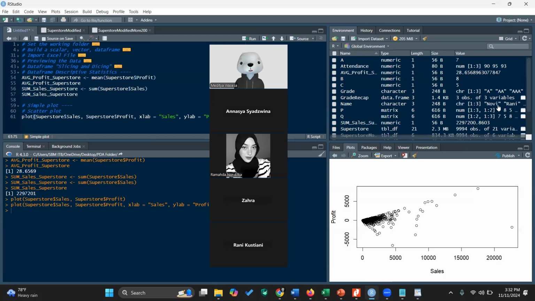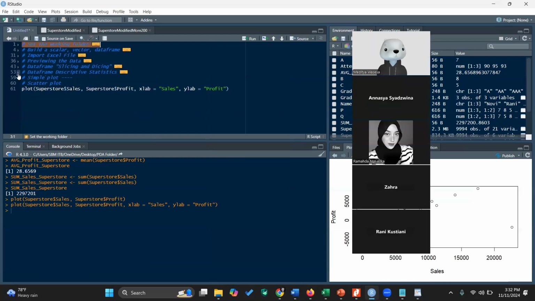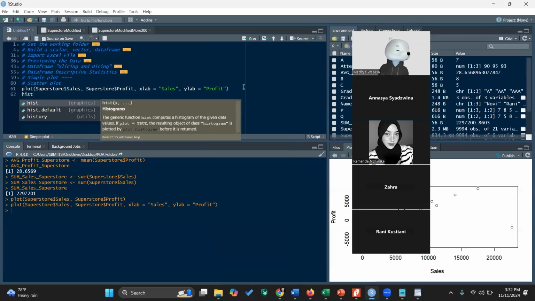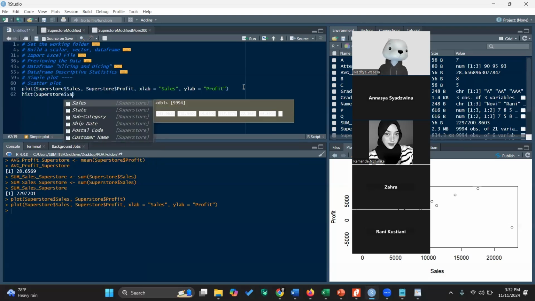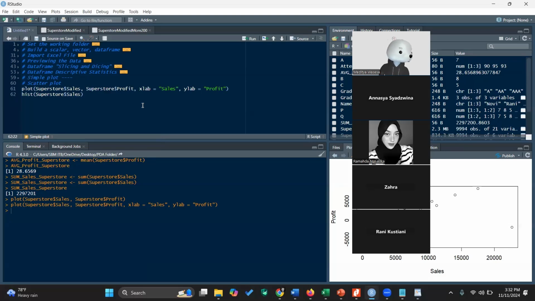For example, I want to make a histogram of superstore sales. xlab means the title of the x-axis, and then ylab means frequency.